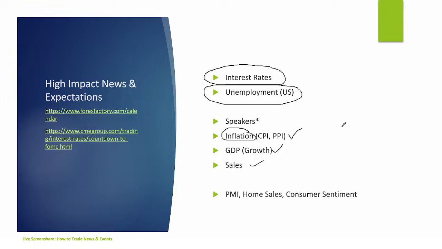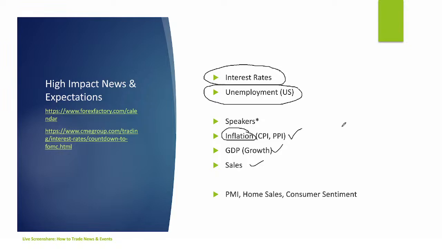Does that release of inflation data in the UK, CPI data, PPI, RPI, whatever, mean we're now more likely to raise interest rates or less likely to raise interest rates, or more likely to cut interest rates or less likely to cut interest rates? Ultimately, whatever data is announced, it all comes down to: are we now more likely than we thought, or less likely than we thought, to make changes to interest rates? That then creates the movement in the pound.